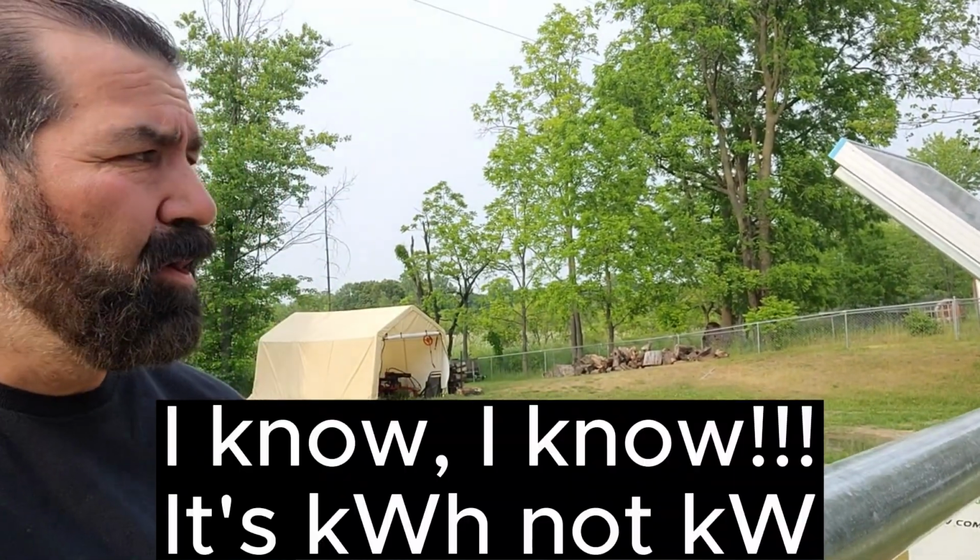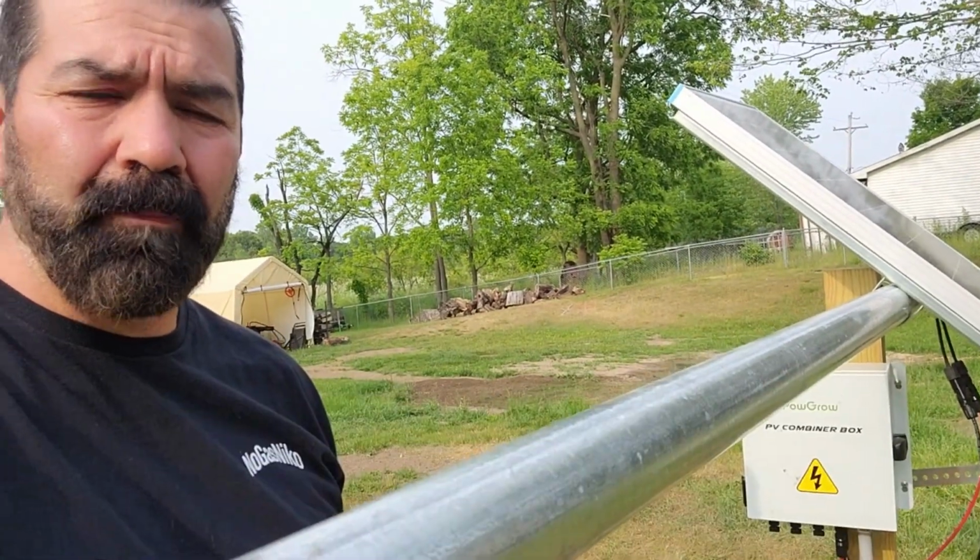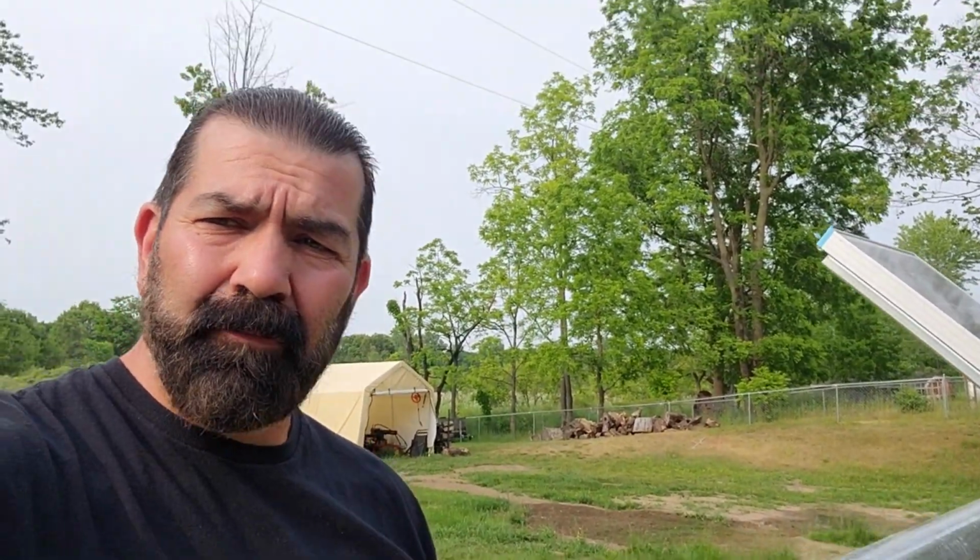So follow along as I grow my system. Currently I'm producing maybe half a kilowatt a day off this one 100-watt panel. I will have to do some upgrades because I currently only have a 30-amp PWM charge controller. I'm going to upgrade that to an MPPT, probably 60 amp. And as I grow this, what I'm planning on doing, so I don't have to go with a larger combiner box or